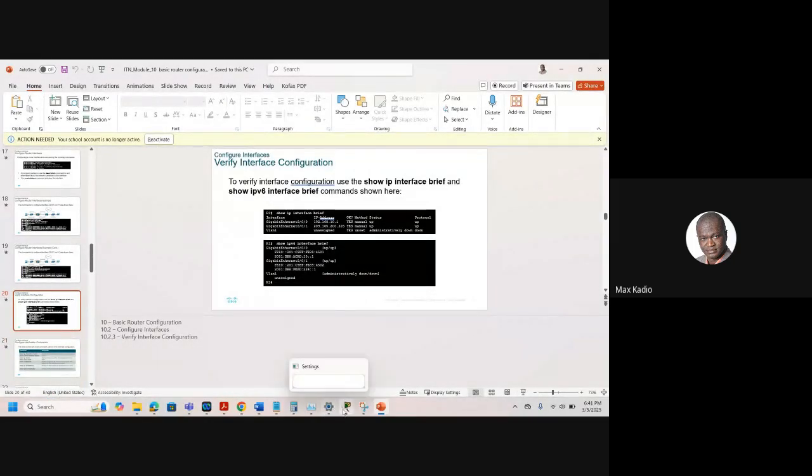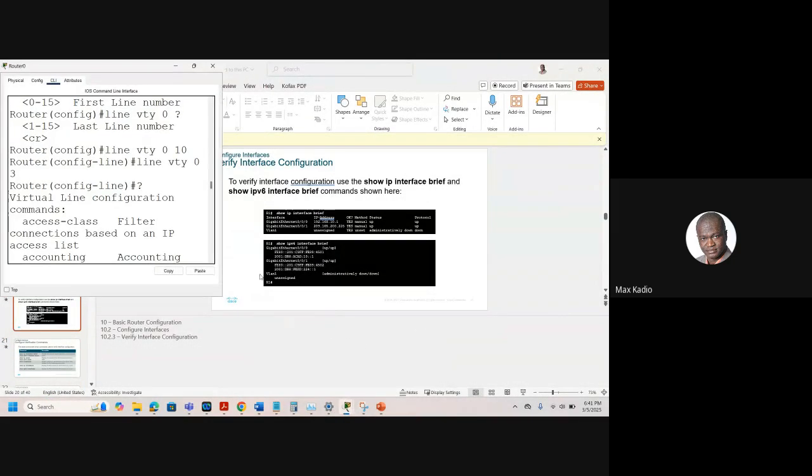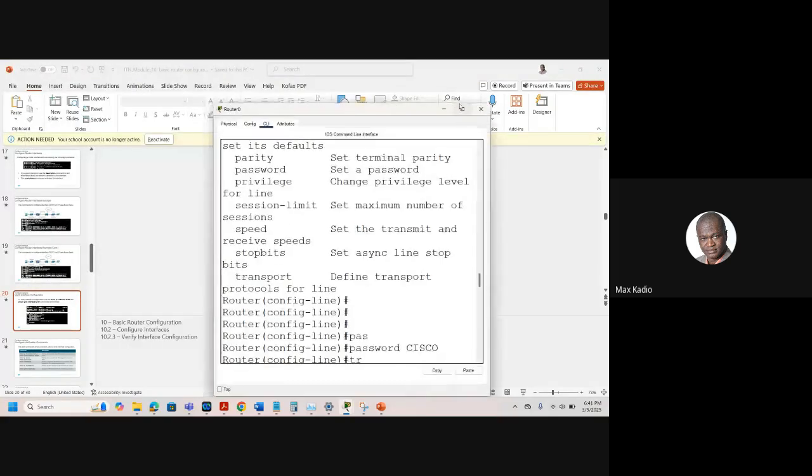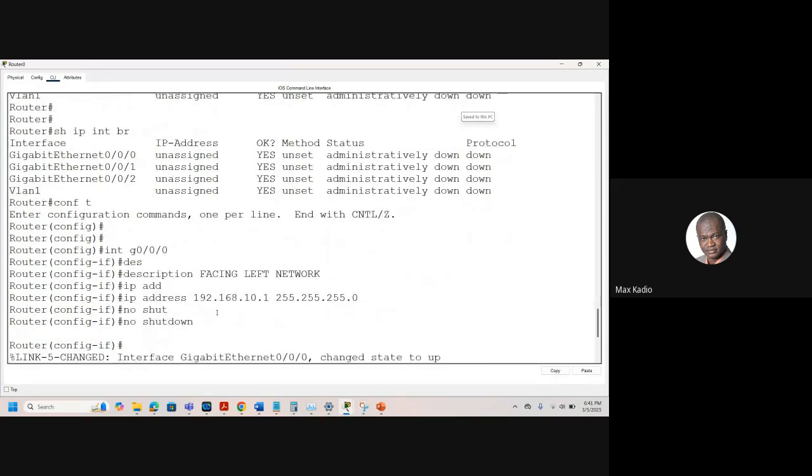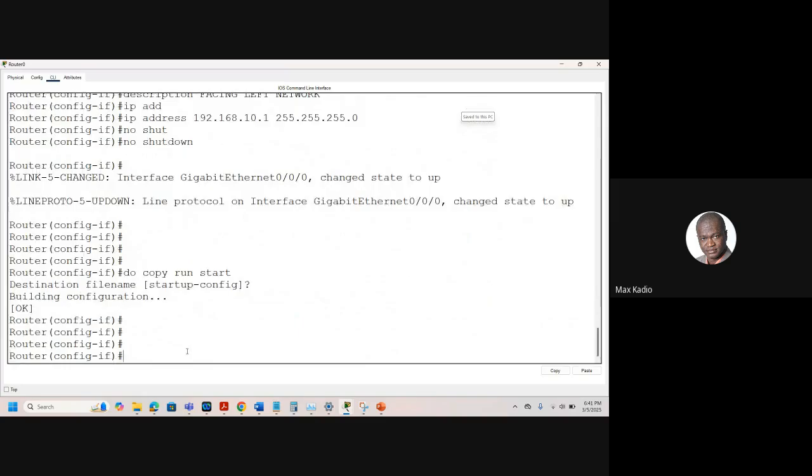So we go back to our Packet Tracer. Before, when we typed show IP interface brief, for this interface G0/0/0, we can see IP address unassigned. It means there is no IP address assigned. And you see some protocol down. Now that we made the configuration, let us exit